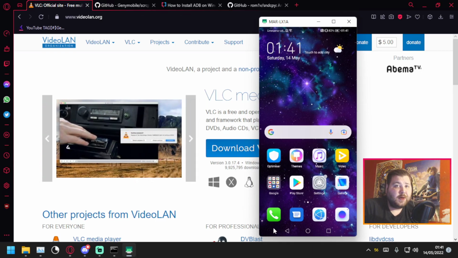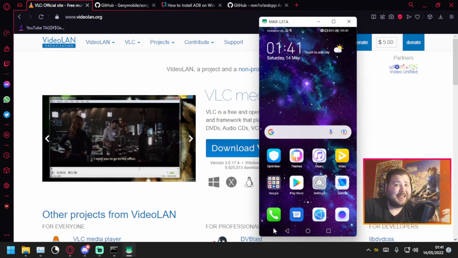Today I'm going to show you how to mirror your Android phone screen on Windows 10 and Windows 11 using